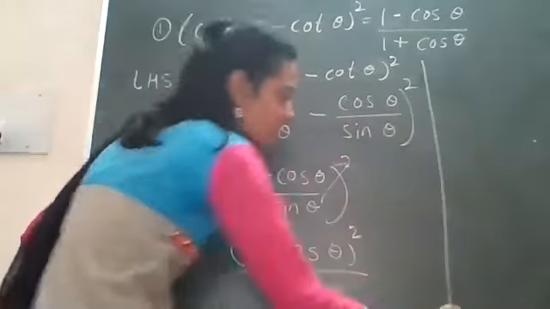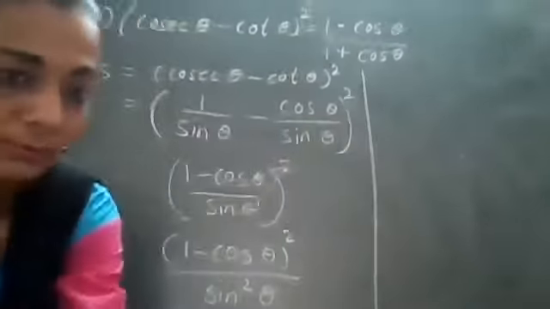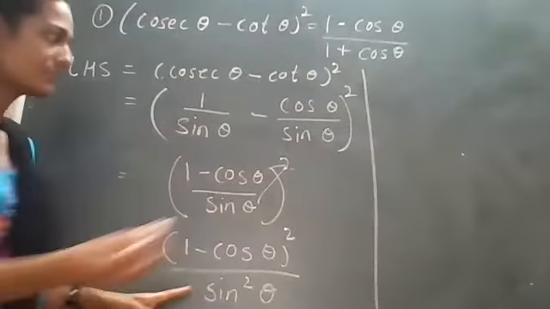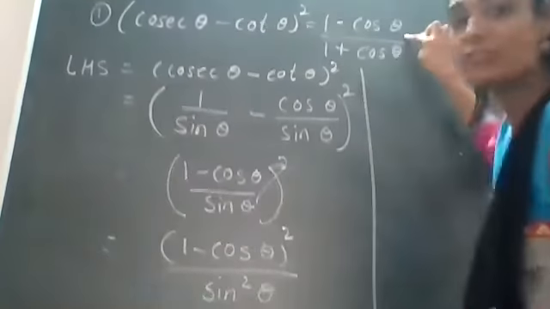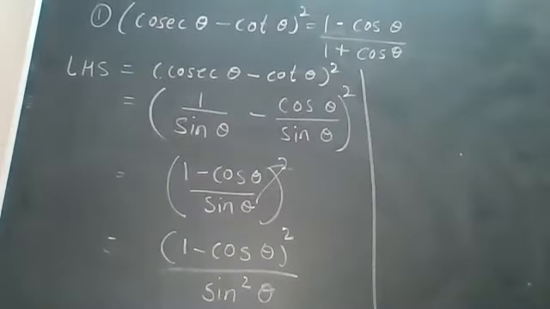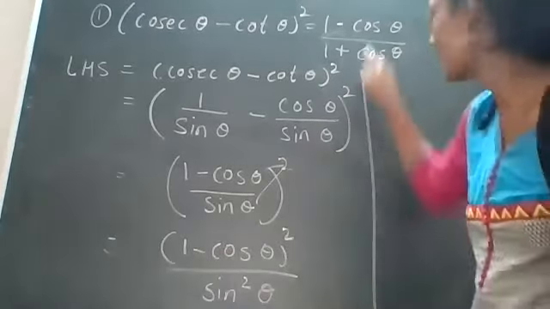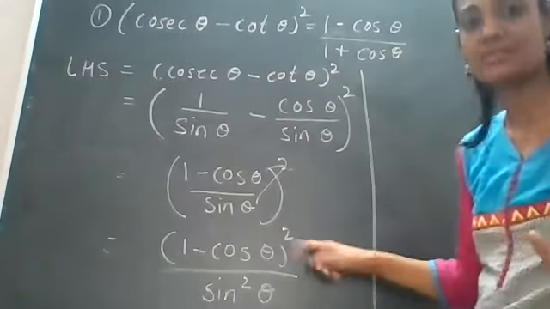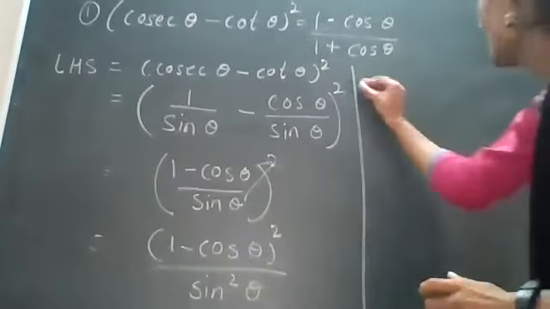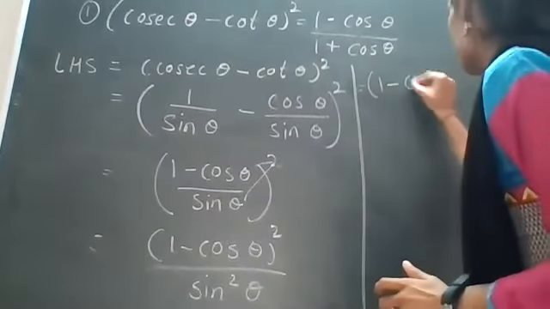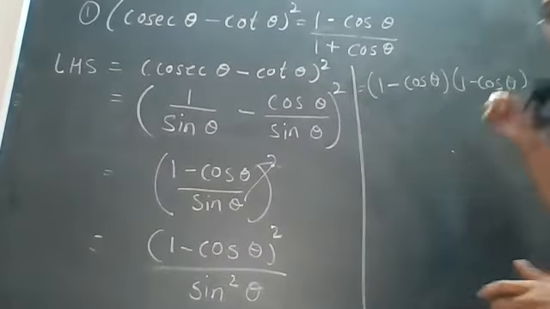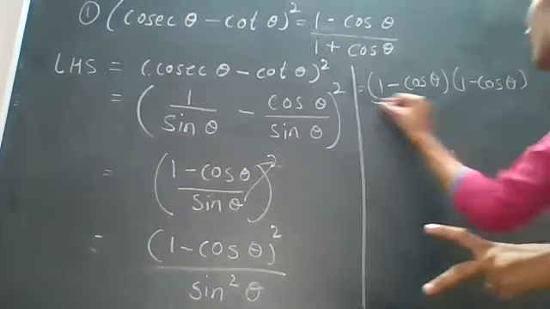Okay. Now what will I do? I will write 1 minus cos theta 2 times. Why? Because we want it as only one time, right? Here the square means 2 times is set, so we will write it only one time. So here I am writing 1 minus cos theta into another bracket 1 minus cos theta, divided by